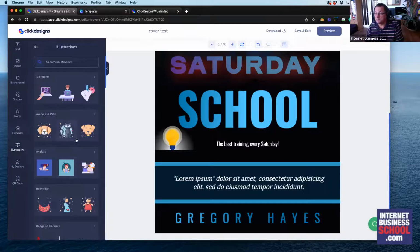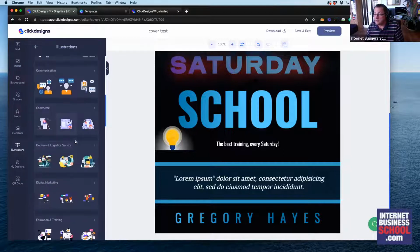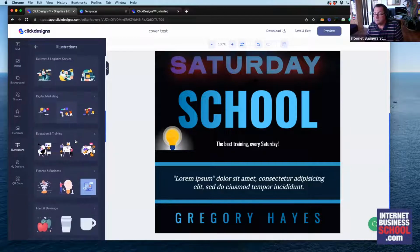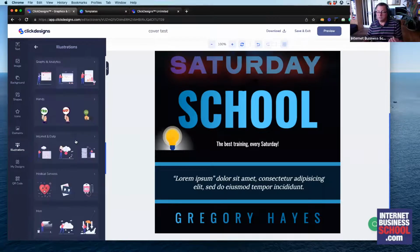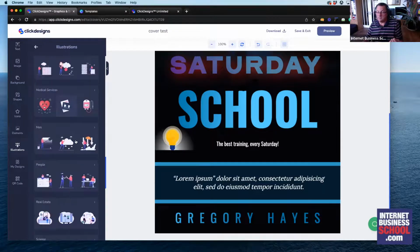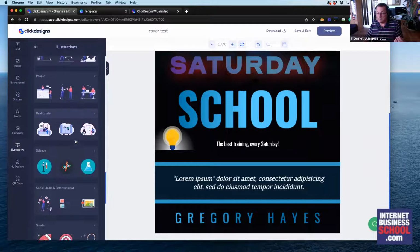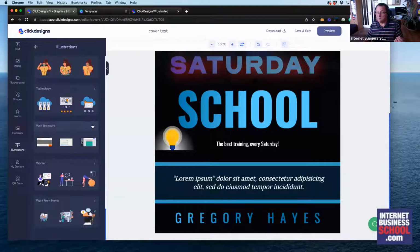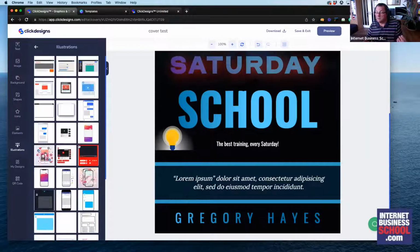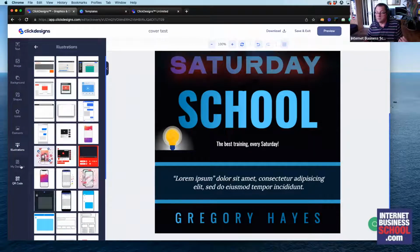from the crowd, really. There's loads and loads and loads. Okay, and remember, these are the options available in the entry level version of ClickDesigns. Okay, there's a huge amount of stuff. So mobile phones, computer screens. Okay, so